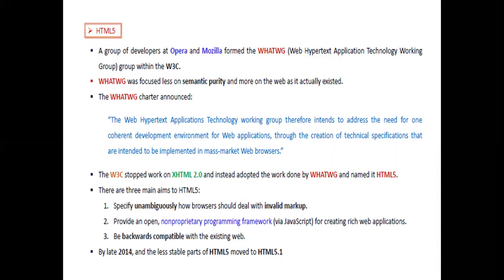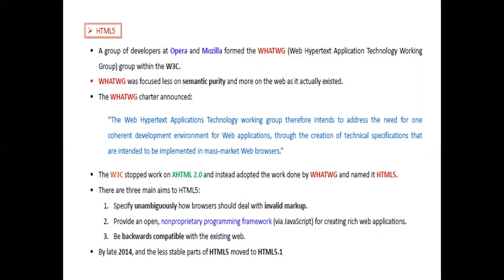Before this HTML5 version, all the versions of HTML 1, 2, 3, 4, and then XML and XHTML 1.0, 2.0, were all maintained by W3C only. Now one group was created within the W3C, that is WHATWG, the Web Hypertext Application Technology Working Group.